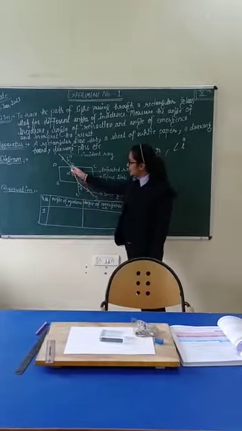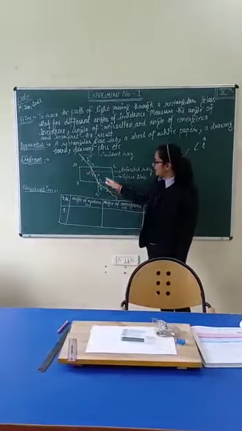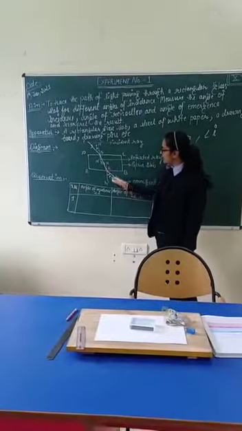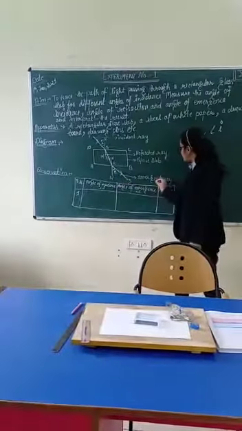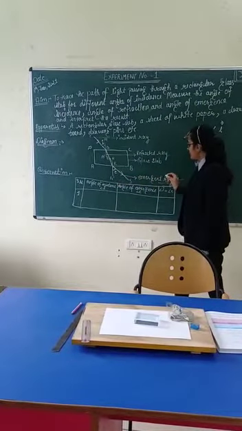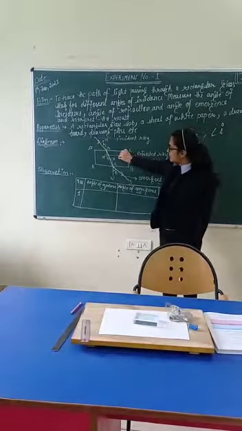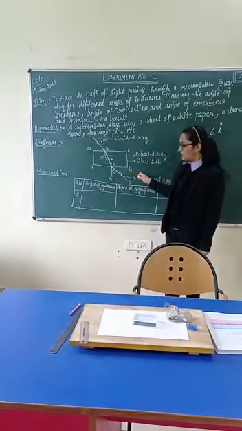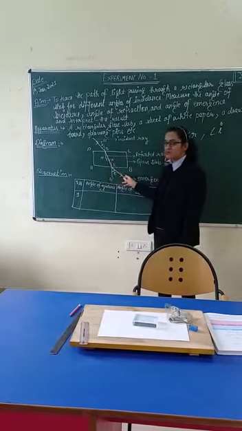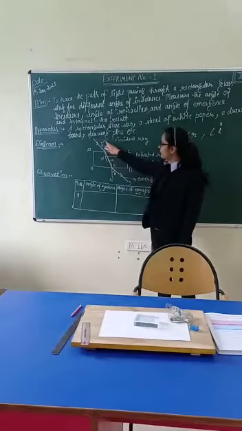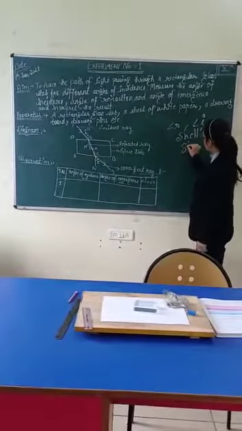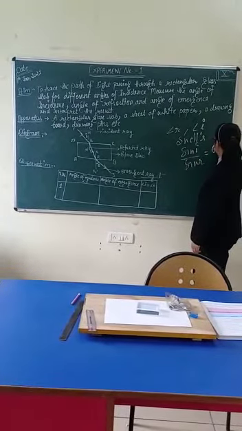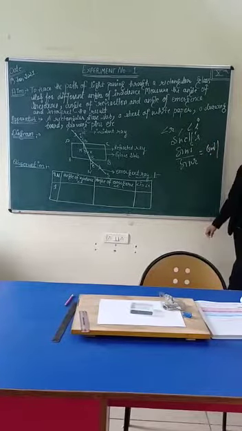Next, the ray passing from denser medium to rare medium. We know that whenever the ray passes from denser medium to rare medium, it will go away from the normal. That is the emergent ray. One thing you may not know about the emergent ray: the ray that comes from the denser medium to the rare medium is known as the emergent ray, and the angle between the normal and the emergent ray is known as the angle of emergence. We know Snell's law: sine of angle of incidence upon sine of angle of refraction is equal to a constant. That constant is known as the refractive index of the medium.